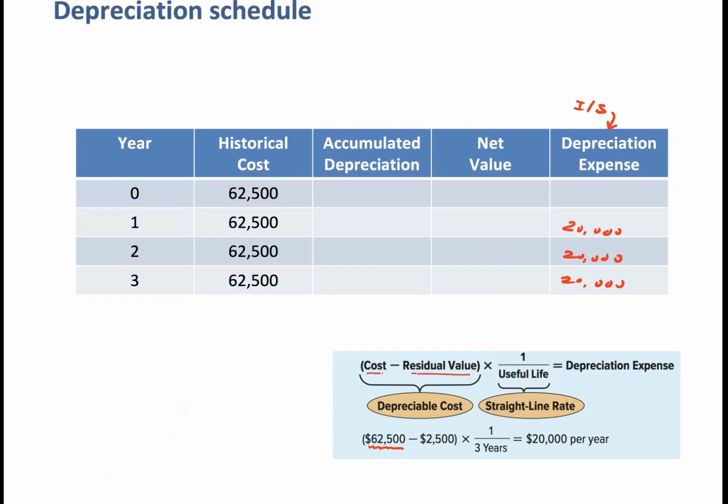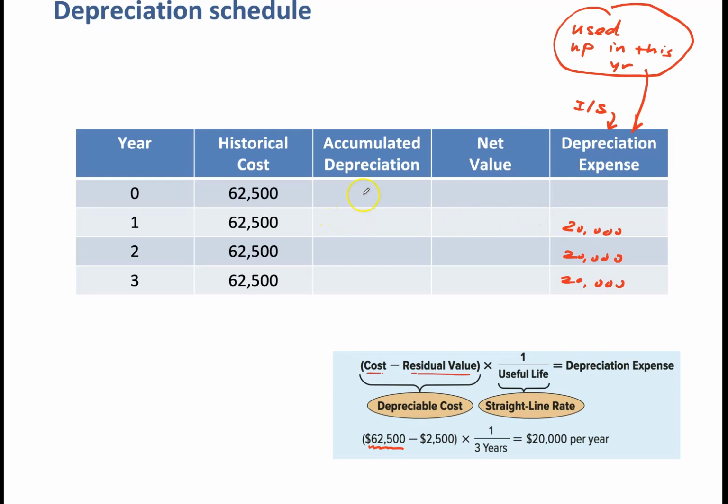Remember, depreciation expense means how much value of the machine has been used up in this year, okay? So that's what depreciation really means. It means how much has been used up this year. And the first year, because we used up $20,000,